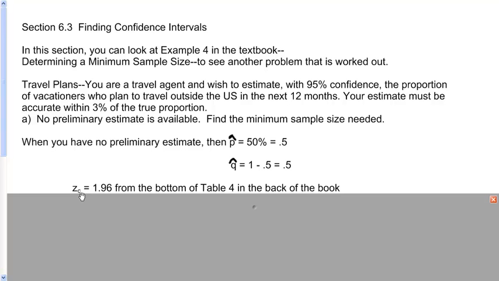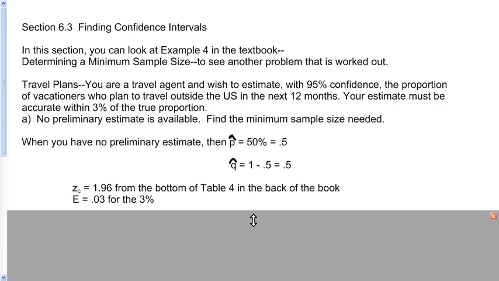Because the problem states that you want a 95% confidence interval, what you're going to do here is get a critical value from the back of the book in table 4, which is the normal standard table, and you'll look that up. You'll find that down in the bottom of the table, and 1.96 is your Z critical score. E is going to be 3% or 0.03,